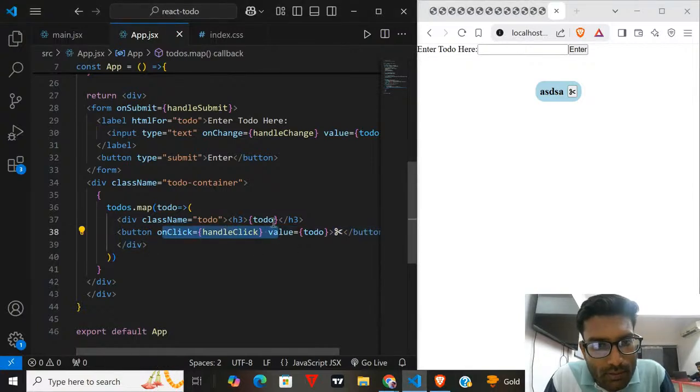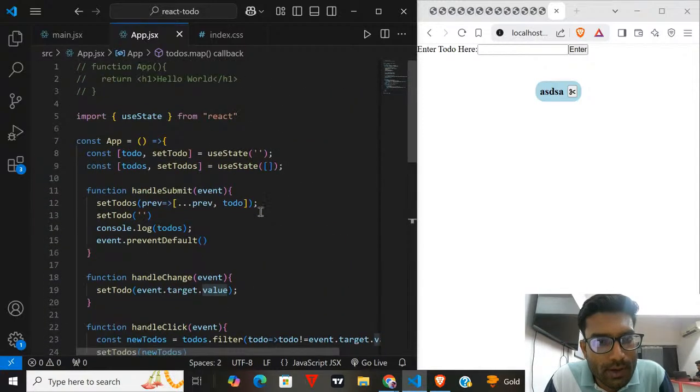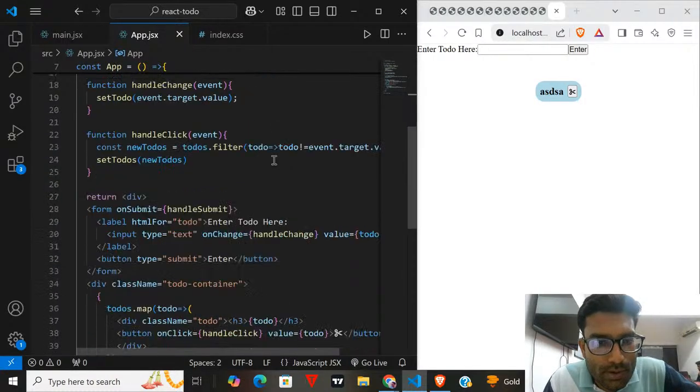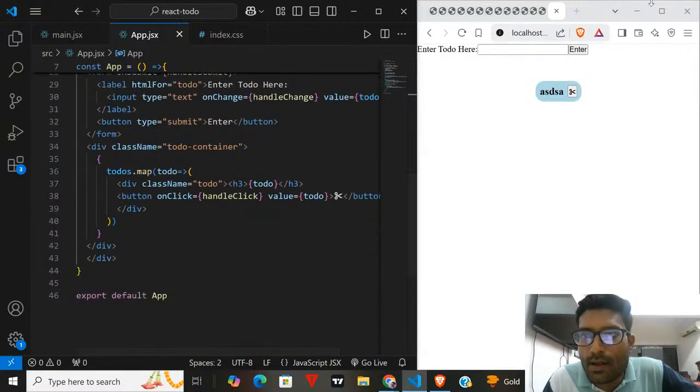So what you can do, you can make this value unique, or you need to give one array of objects where you can use id to uniquely identify the todos here. Or you can give index as the value here.